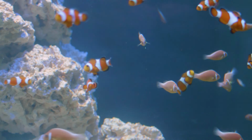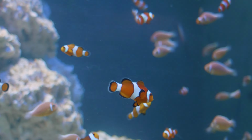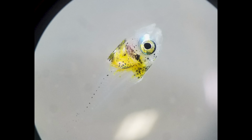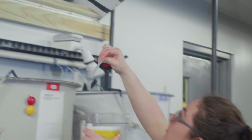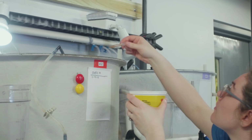Almost all saltwater fish are collected from the ocean, with the exception of a few small ornamentals like clownfish, cardinalfish. All other fish are collected from the ocean as wild animals. Reason being, their life cycle is such that the fish, when they first hatch, are very, very tiny, very difficult to feed. Because saltwater fish start off so small, the food is very important and is also very small, but that small